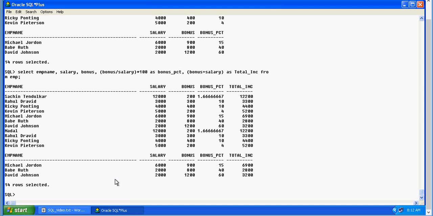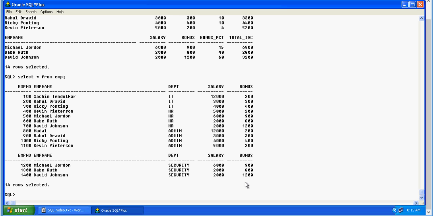In this section, we'll understand how to sum or apply an aggregate function. So I want to find out the sum of salaries based on department.